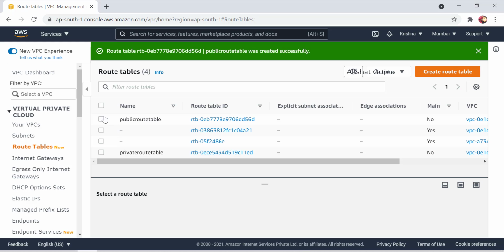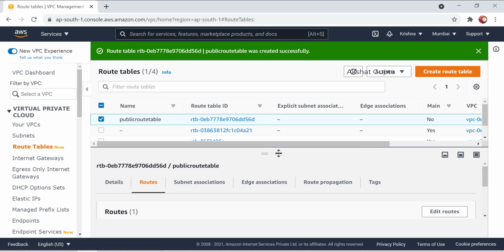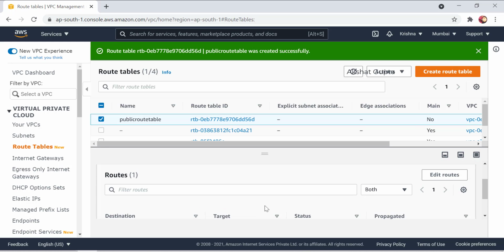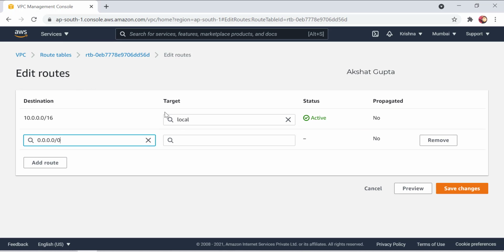Now what you need to do is select that particular route table and go to the routes. When you scroll down, you will find 10.0.0.0, the IP address which we have given to our VPC. Now we need to add the internet gateway.